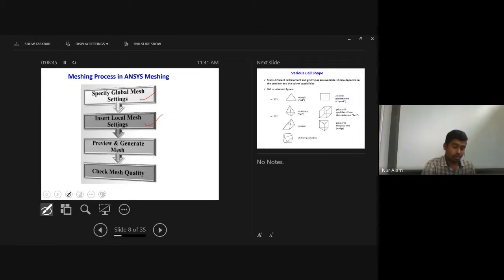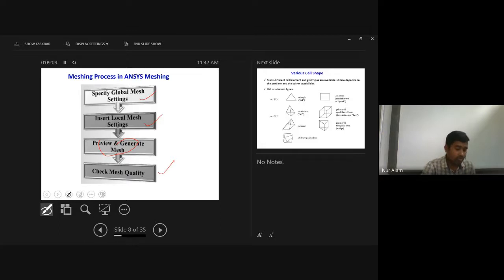Every time you change any data in ANSYS, you have to perform generate mesh. After generating the mesh, you have to check the quality of the mesh, which we will also discuss. One important thing for choosing the mesh is that you have to perform the grid independence test.